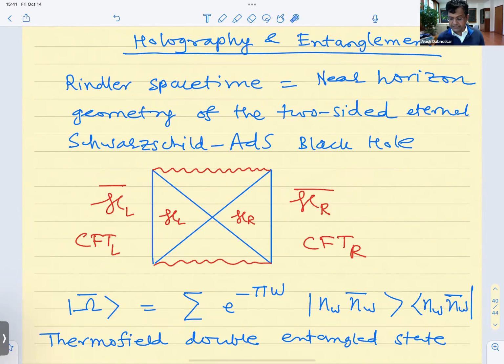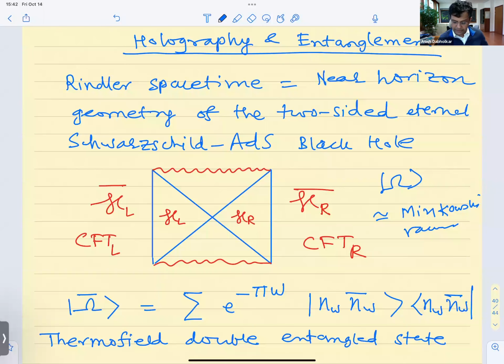And from holography, you have additional motivation, because in holography, the Rindler space that we had considered can be viewed as the near horizon geometry of the two-sided eternal Schwarzschild AdS black hole. And it would be beta omega over 2, but I have put here beta to be minus 2 pi. But basically, the state omega in the bulk, which I was considering, you remember, which is like the Minkowski vacuum. So near this, it's really the Minkowski vacuum. Or in the black hole geometry, it's the Hartle-Hawking vacuum. In the boundary theory, it corresponds to this entangled thermofield double state. And the thermofield double state has the property that if you take its trace over the left movers, you basically get a thermal density matrix